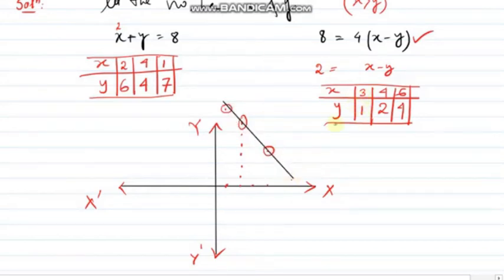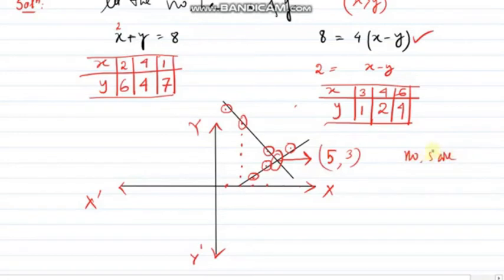Now next point, 3 comma 1. So x3 y1 will be over here. 4 comma 2, x4 y2, somewhere over there. And 6 comma 4, 5, 6, 6 comma 4, somewhere over there. If I join them with a line, just check. The line is meeting through this point with the reference of the graph. You will clearly understand this point is 5 comma 3. Hence the numbers are 5 and 3, right?